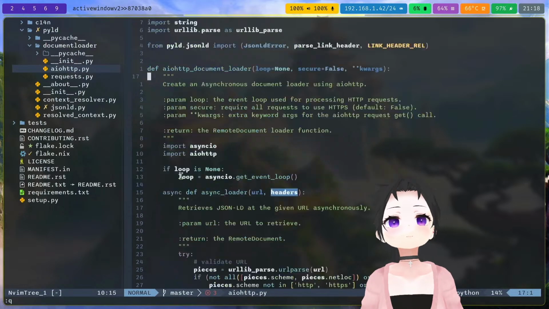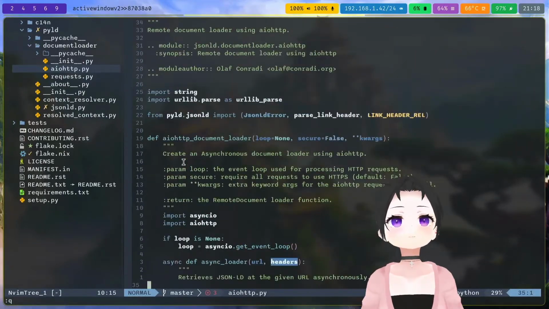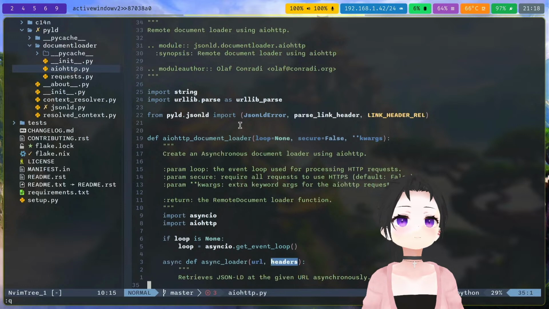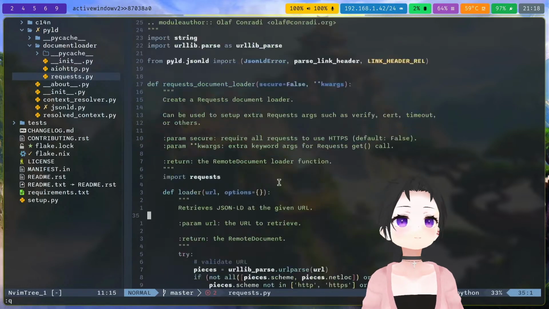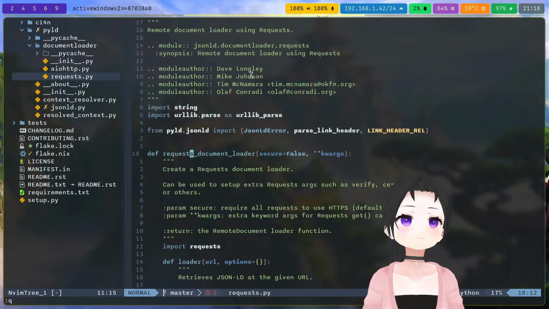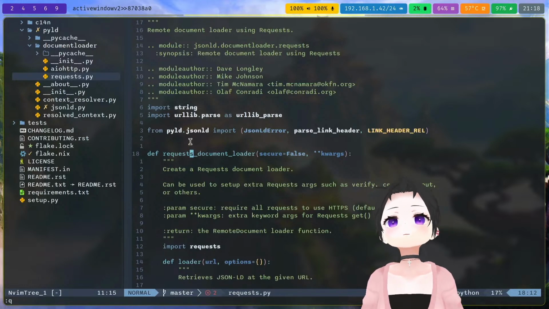So, next step is to notice that this is the only part. These two files essentially abstract away how to do requests. So what I'm going to do is essentially defining a type,